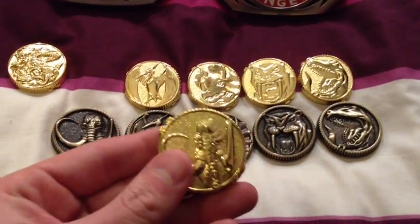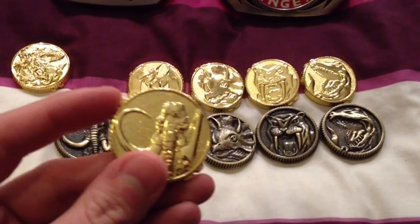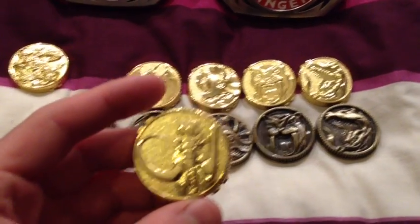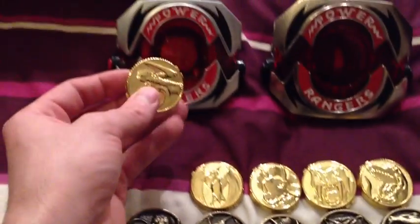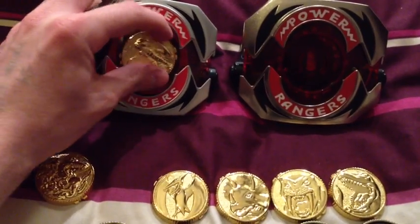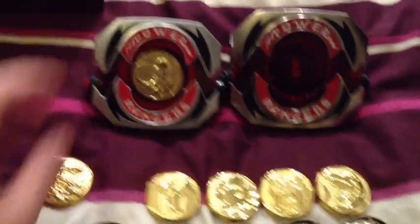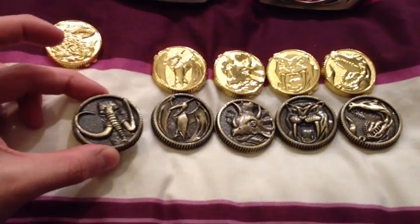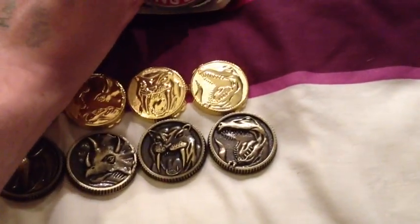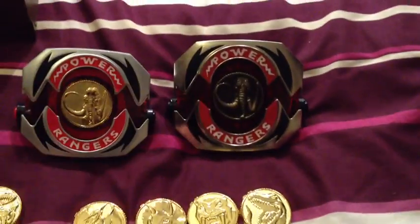Here you see the Mastodon coin. You've got the tabs both in the top left side of the coin and the bottom right side of the coin. Obviously these slotted into the original Morpher, went sideways and then you spun them round, so they'd click into place just there. Whereas with the Legacy coins now, you just pop them in straight like that and push them into place,